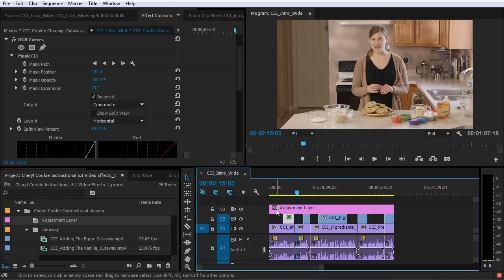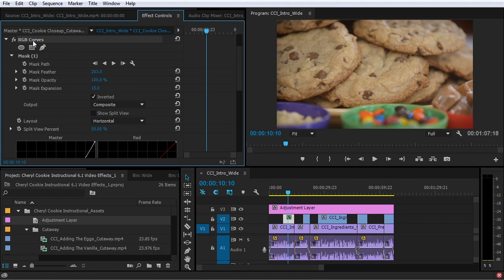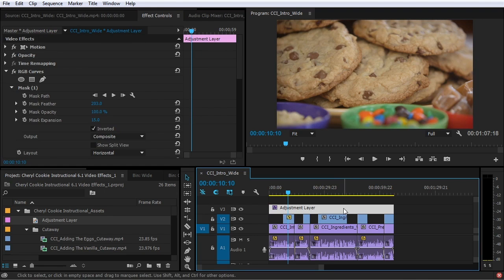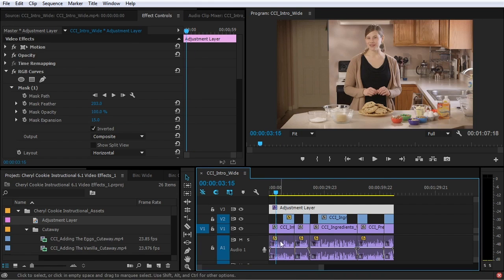And then I can actually just take this effect that I put on this clip. I'll grab it right here and cut it, Control X, and paste it on this adjustment layer. It's going to look exactly the same, but now this adjustment layer is affecting all of the clips below here. So now I have a vignette here